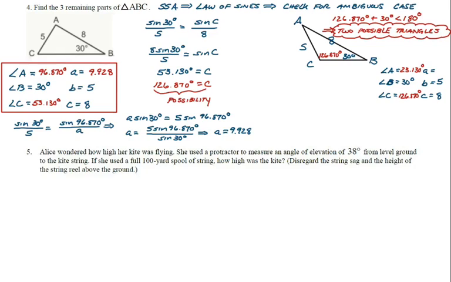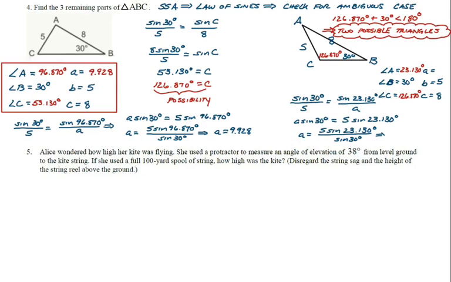So let's verify that. So I would set up the law of sines to find side A. Sine of 30 over 5 equals sine of 23.130 over A. So I'd get A sine of 30 equals 5 sine of 23.130. Divide both sides by sine of 30, which tells me A would be